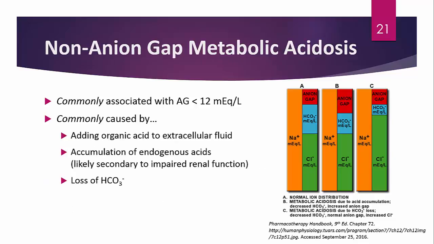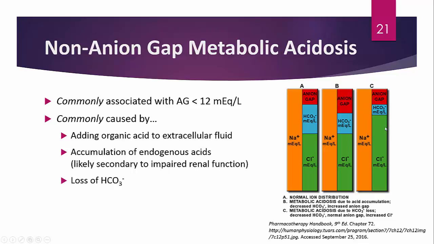Non-anion gap metabolic acidosis is commonly associated with an anion gap less than 12. And it's caused by the same things that cause the anion gap metabolic acidosis, in addition to loss of bicarbonate or loss of base, which produces that acidosis. As you see here in illustration C, this is a metabolic acidosis that's due to bicarbonate loss. So if you're having decreased bicarbonate,